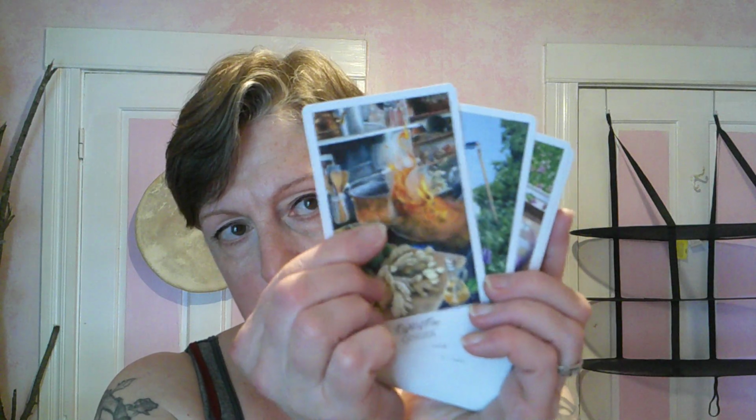This is the only herbal deck that I currently own. There are a couple of others that are on my radar that I might hope to pick up in the future if things work out for me to do that. It's so hard to put this where it can be seen. Anyway,